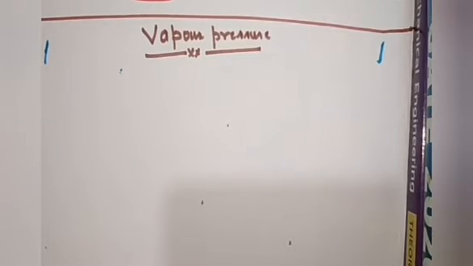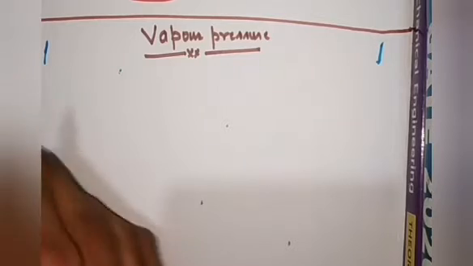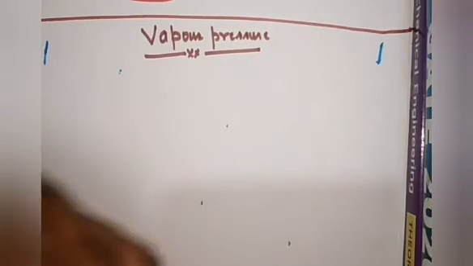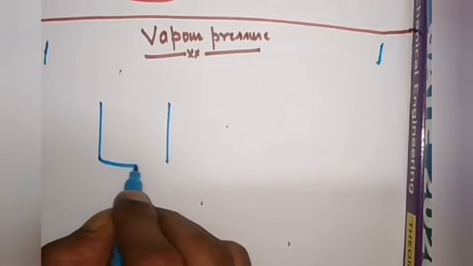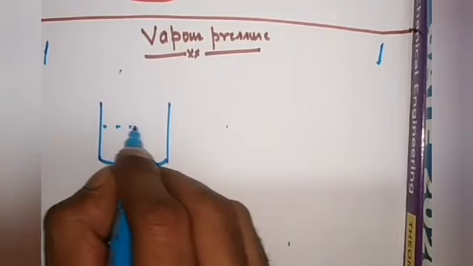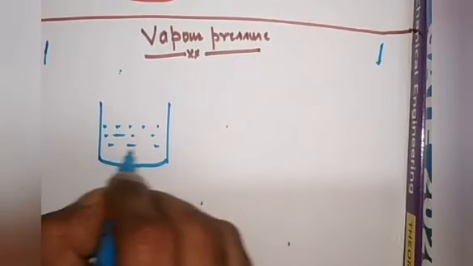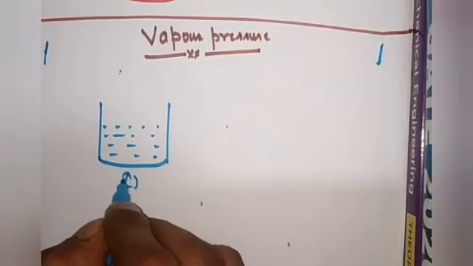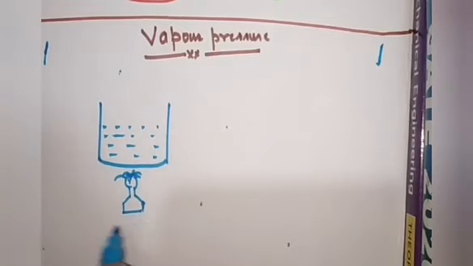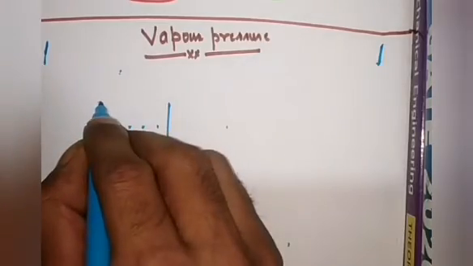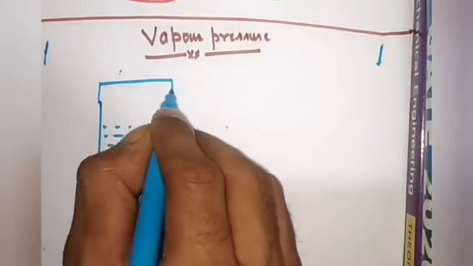Now just understand the vapor pressure concept. This is one of the most exciting concepts, so be energetic. Now the vapor pressure concept comes. Just understand, this is a container, and in this container I am taking a liquid. Now I am going to heat this liquid with the help of a heater or a burner. Just make it a closed container. I am taking a closed container over here.